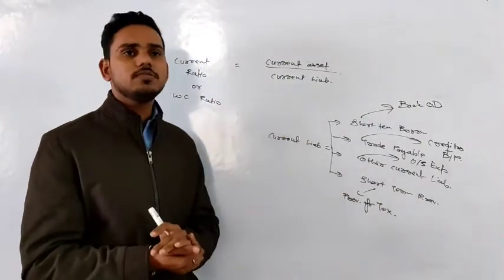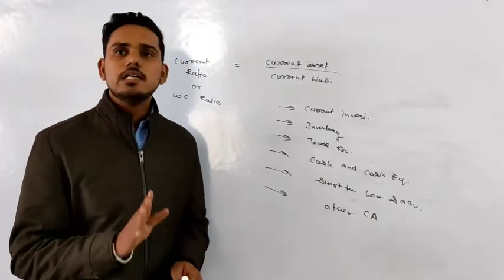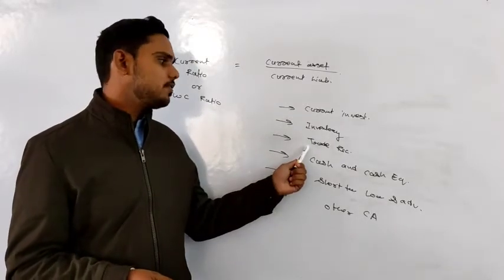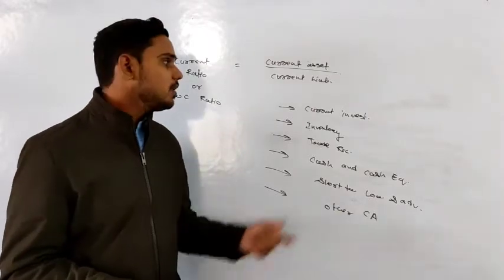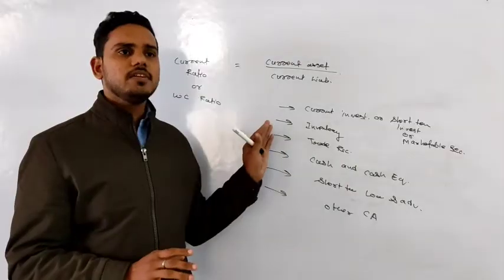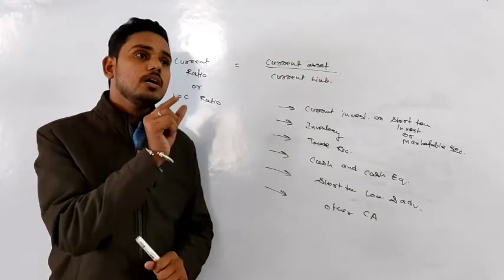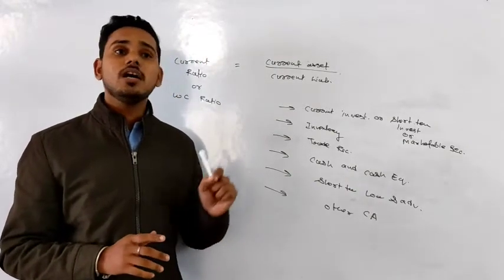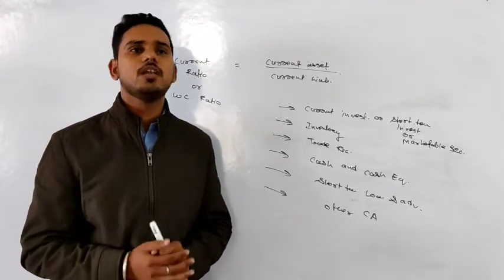Now let's see what are the things which we need to record in current asset. In current asset, we have six subheads, right? First one is current investment, then inventory, trade receivable, cash and cash equivalent, short-term loans and advances, and lastly other current asset. Okay. Current investment means investment made for a period of less than 1 year. Current investment is also known as short-term investment and marketable security. But if only the word investment is written, that is not a current investment. That will be considered as non-current investment, and then you will ignore that.